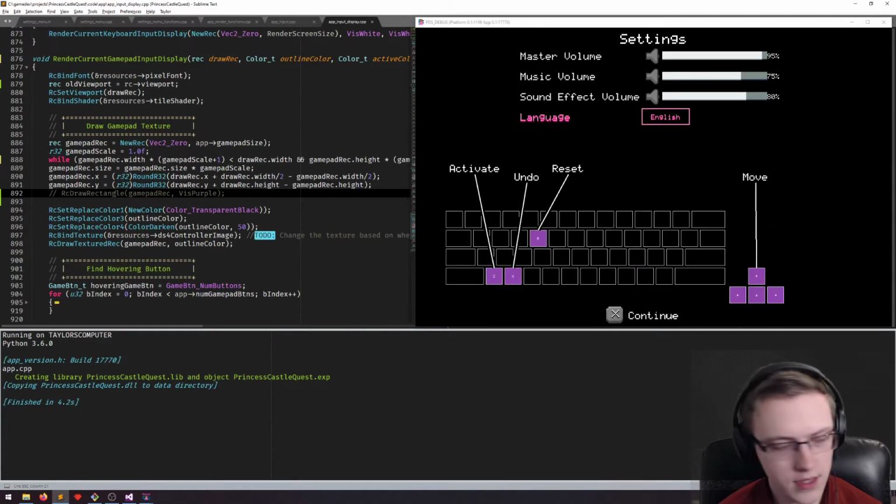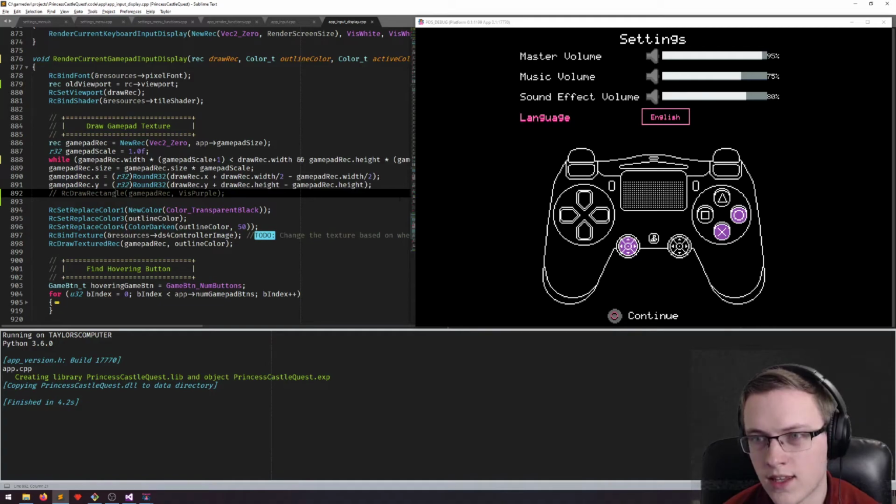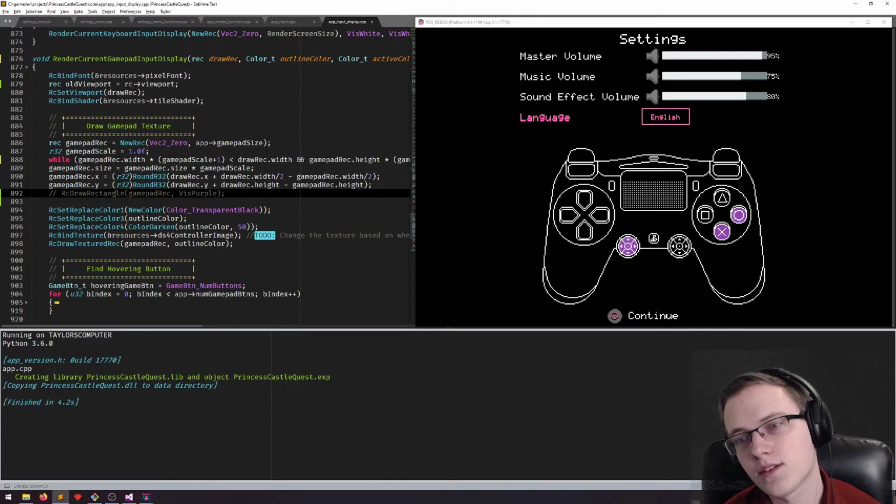So yeah, like I was explaining, I can't move my mouse to indicate where I'm talking about, because then it'll change back to the mouse and keyboard display. But rather than having the text show up,